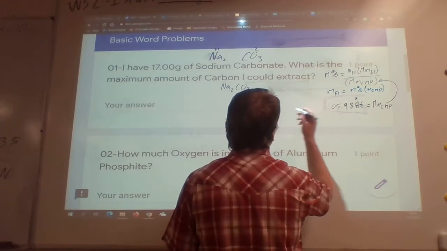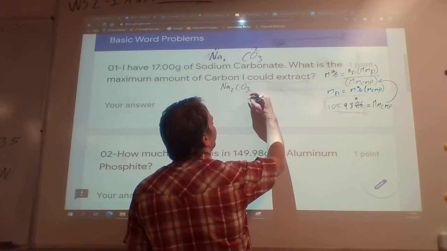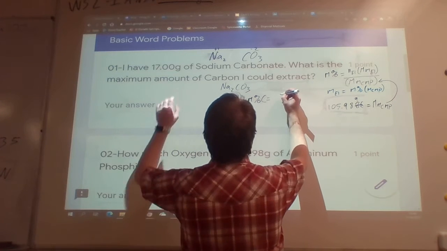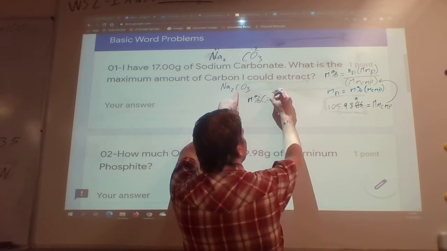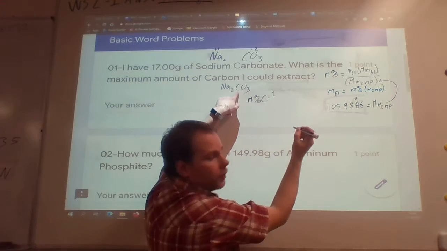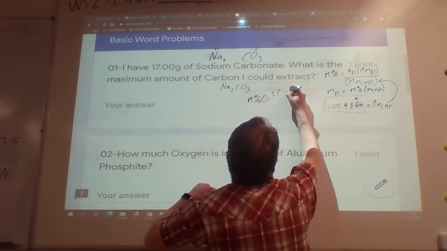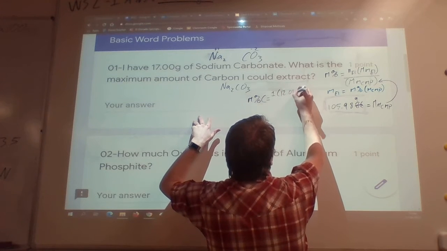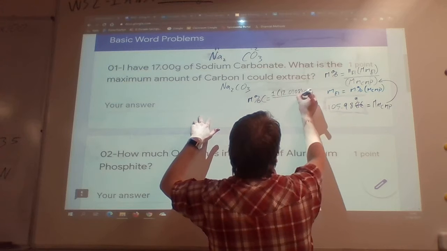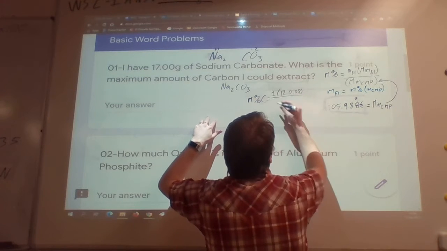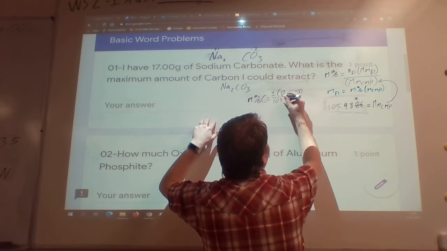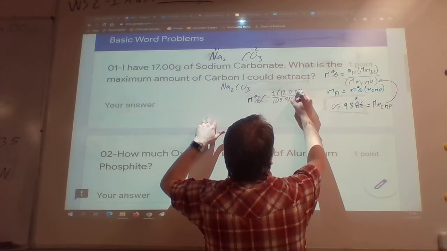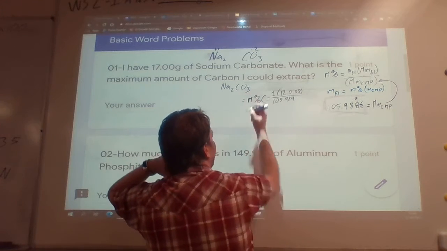So the mass percent of carbon is equal to 1 times the molar mass of carbon, which is 12.0108, divided by the molar mass of the compound, which is 105.989. And that gives us